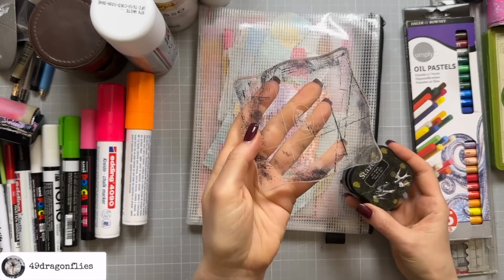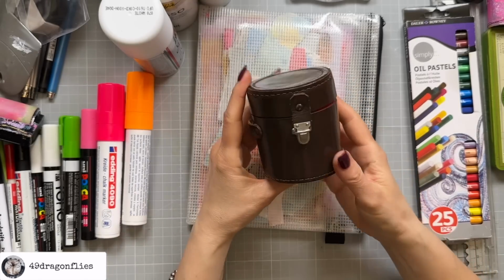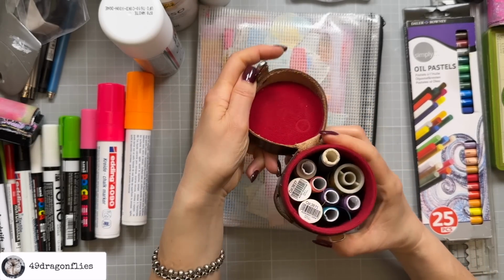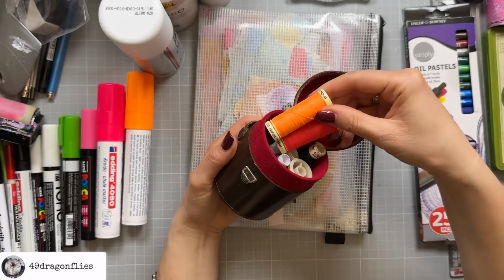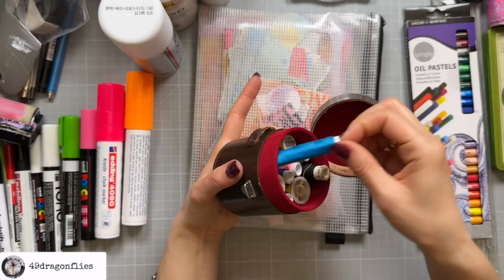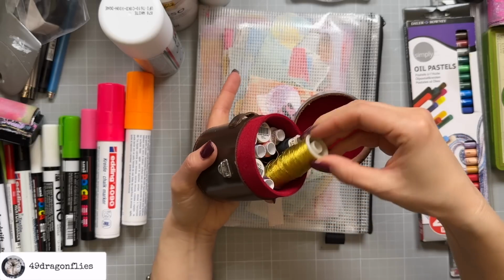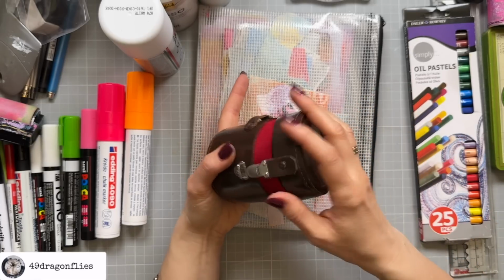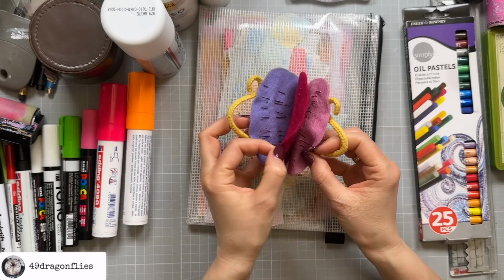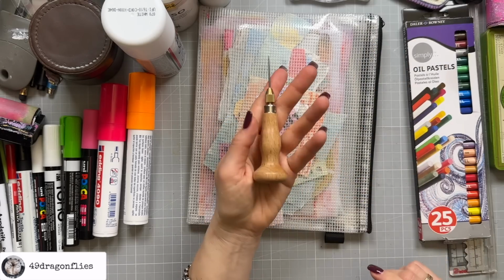Then I'm taking this acrylic block and my StazOn Jet Black ink. In this vintage camera lens container, I have some threads, a mix of bright colors and also white and black, of course, and of course gold. Then I'm taking my little needle booklet, as well as an awl,